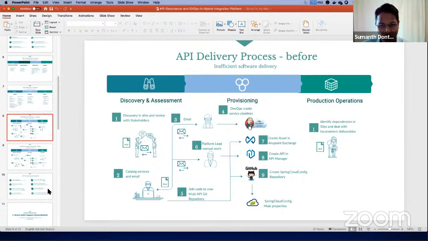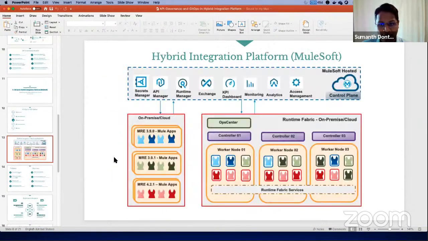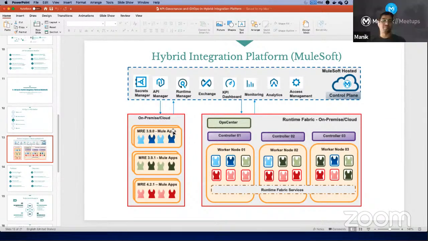Actually, let me show you this picture. Probably this will clarify what you're talking about. So the deployment model is different. When you're talking about a deployment model in a standalone cluster, think of whichever version that might be. This is your cluster. You have your 10 APIs, these Mule apps here. Those are your 10 Mule apps. All 10 Mule apps are deployed in that cluster, in that MRE, in that JVM. If that JVM goes down, all 10 go down, right? So what we're doing is, because there are two of them, we are taking one MRE down.